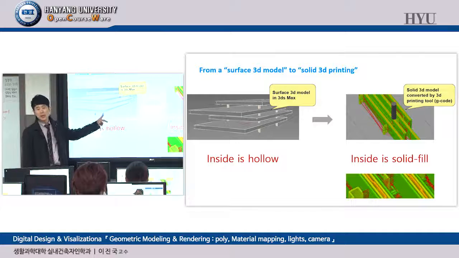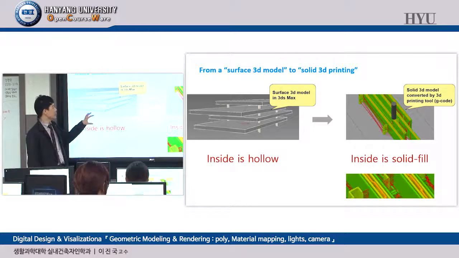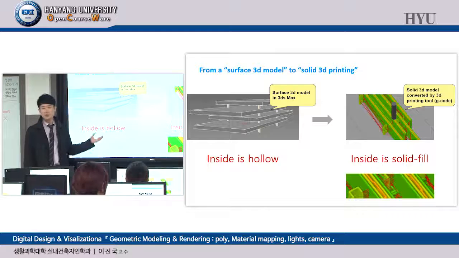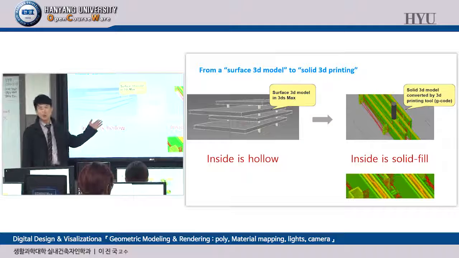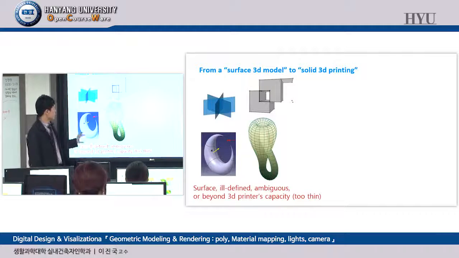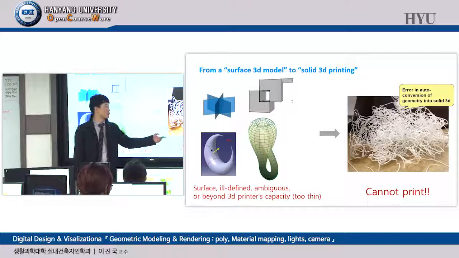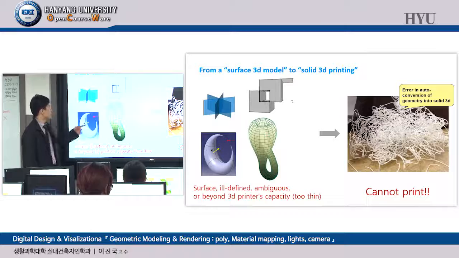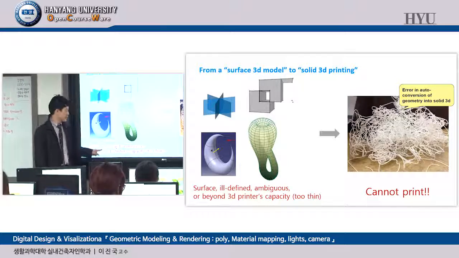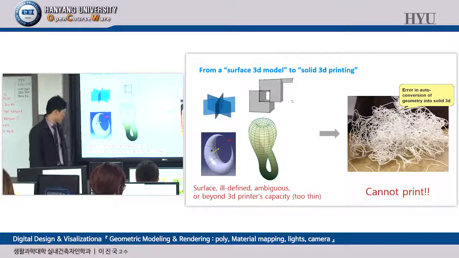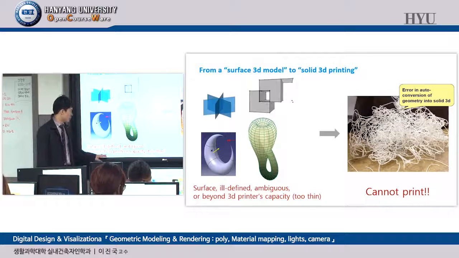But sometimes you have a problem when the surface polygon is open, not enclosed, and then the geometry has a problem. Okay, there is no way to fill the inside because of that hollow hole. So if you have problematic geometry, your outputs can be a failure. Okay, something like this. There is no way to print this kind of surface structure, ill-defined structure, ambiguous structure, or something beyond the 3D printer's